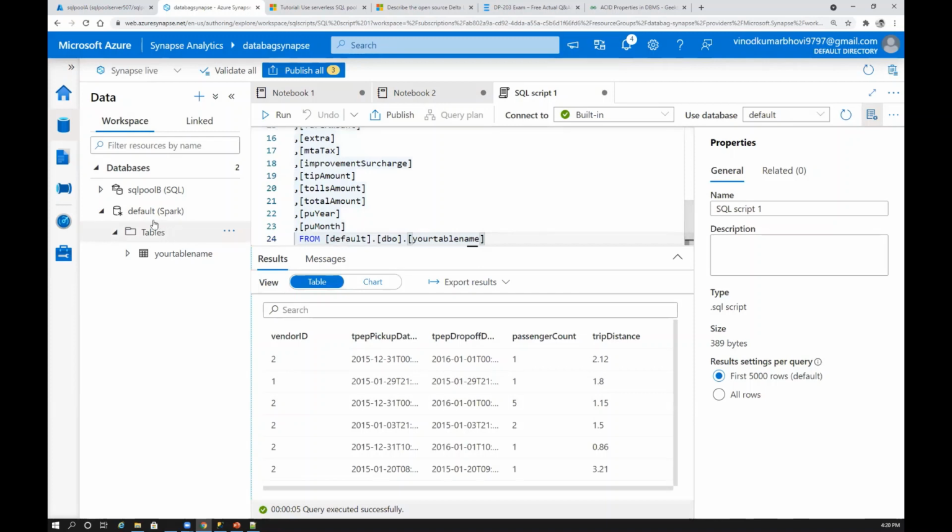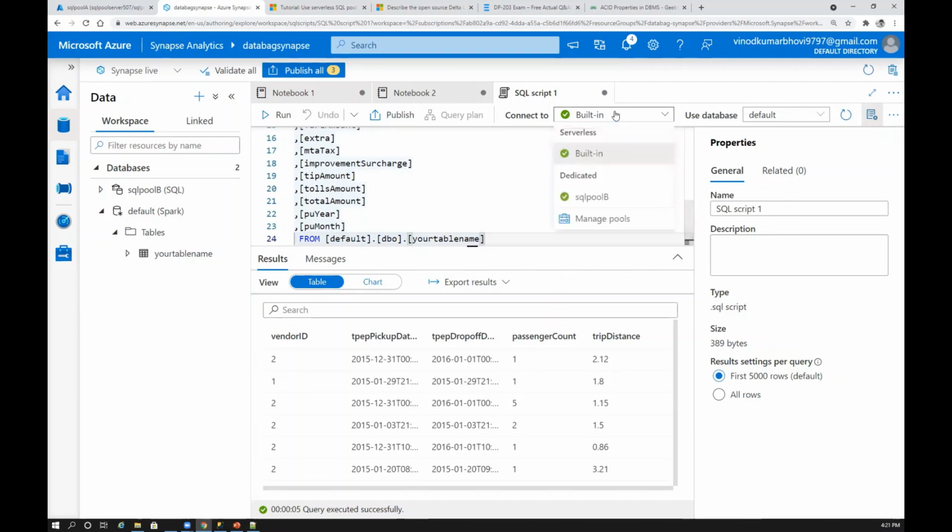Okay, so here I have executed the data in the Spark table using SQL query. Try to understand the difference here. You have two things: SQL pool and Spark pool. SQL is isolated, Spark is isolated. But here, the Spark table data I have executed using SQL query. So you also have different variations: once you create with something, you can also execute with something else.